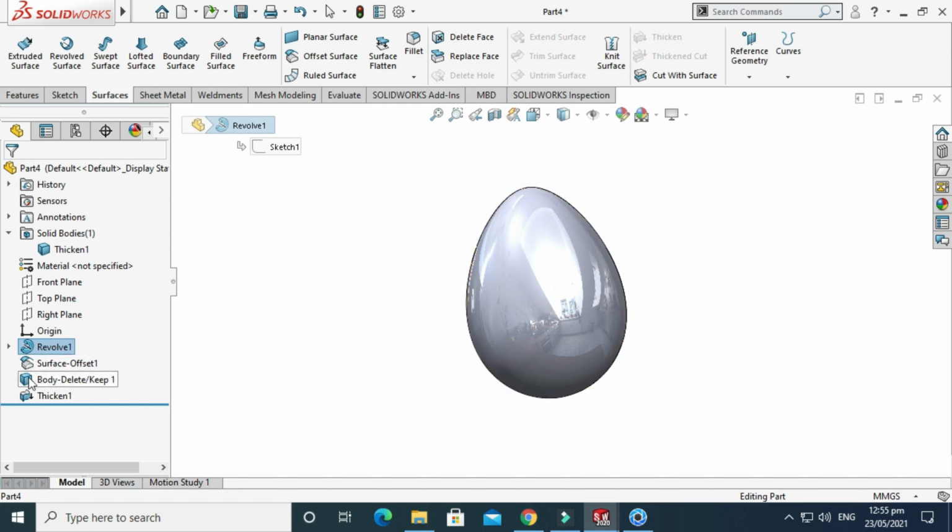For example, if I'm using SolidWorks, and I use solid modeling, and I have to change it to, let's say, surface, I can use surface offset, and I'll use body delete, and then I'll delete my solid body, right?